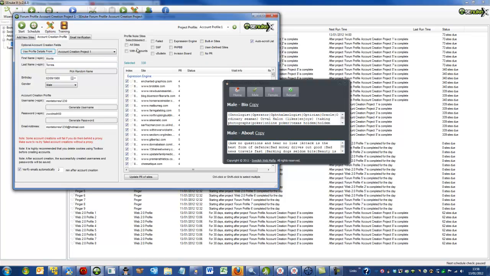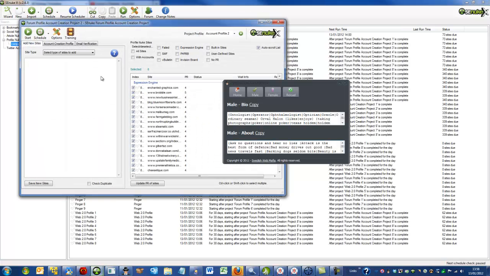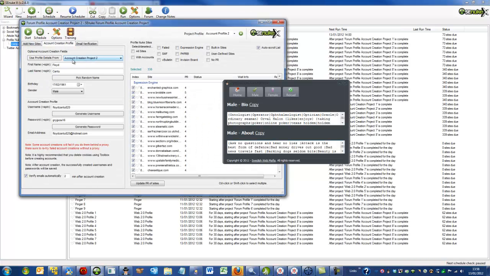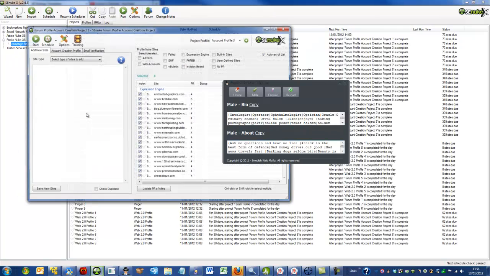And click all sites again, just out of habit really, but you can see it's not really changed, there's not really much difference here, but just out of habit, click all sites every time as well. Number 2, as you can see here, it's already got account creation project 2 there. You just need to click here, use profile details, and it's updated again. Click all sites. Number 3,